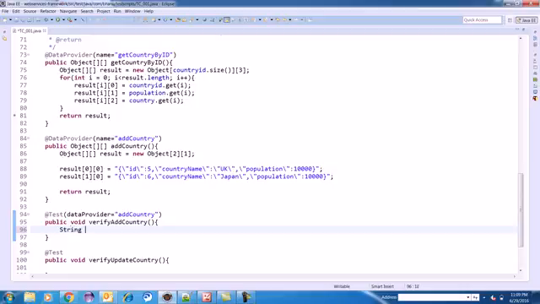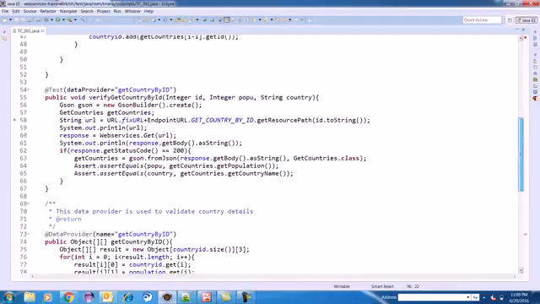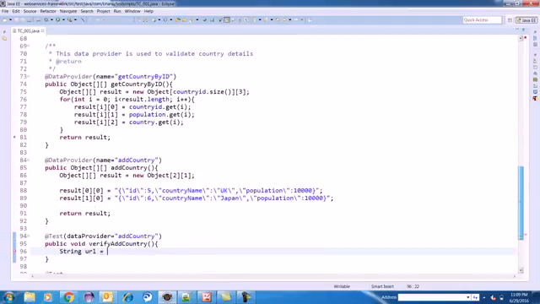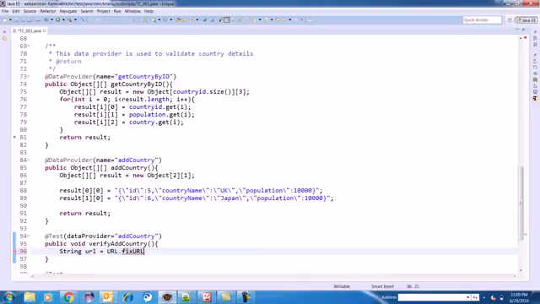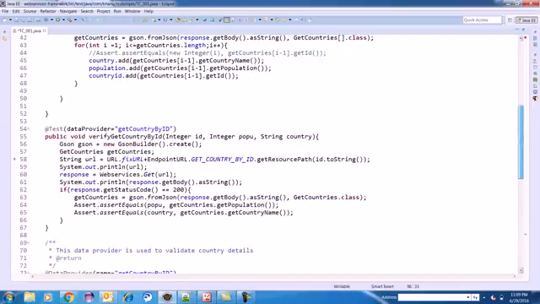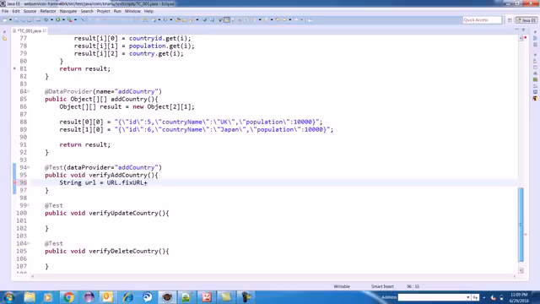So I can write a string URL is equal to, first I need to get the fixed URL, which I have already shown to you. So there is one class URL dot fixed URL, plus